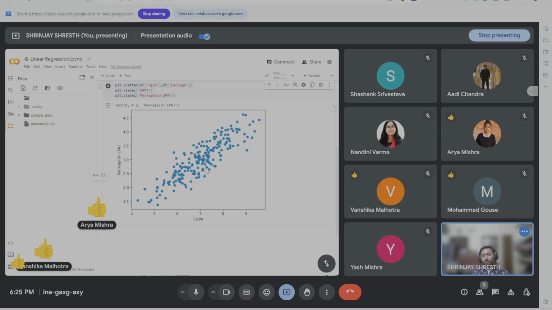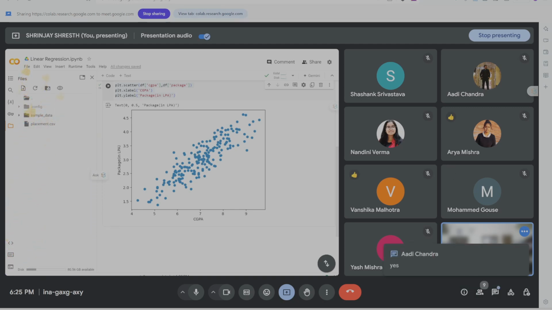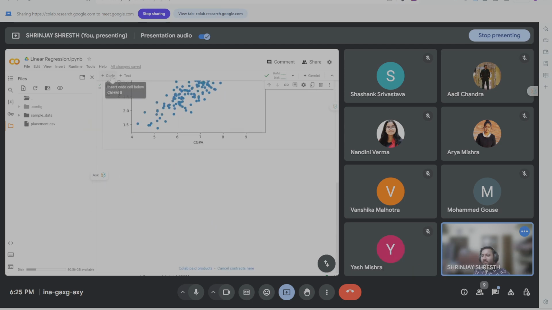Perfect. So before actually going on and implementing, it is very crucial to understand how my data is distributed. From this we can draw a conclusion that yes, this package is somehow related to this CGPA, I can assume. Okay, now in order to train your model, it is very important to actually choose which